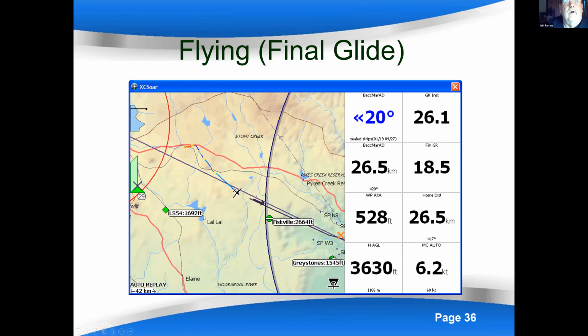We go a little bit further along and now we've got 2 green arrows heading up. So it's telling us we would get back to Bacchus Marsh with 29 feet to spare. But the arrow there says, but you're going to hit terrain before you get there. And if you go along and look along here, you can see that it says at this point you'll hit terrain clearance, which looks as though it's probably somewhere around Brock's front window. If you turn back down the McCready, then you've got all this up here that tells you you've got plenty of height to get back.